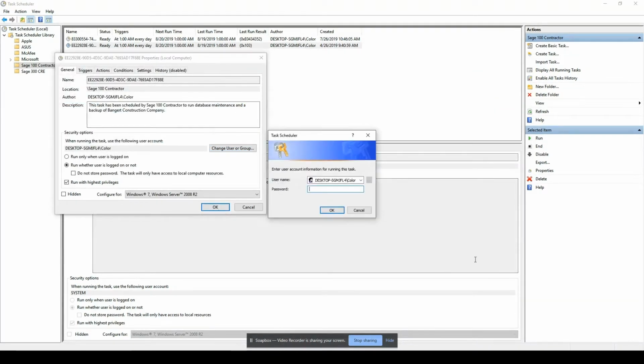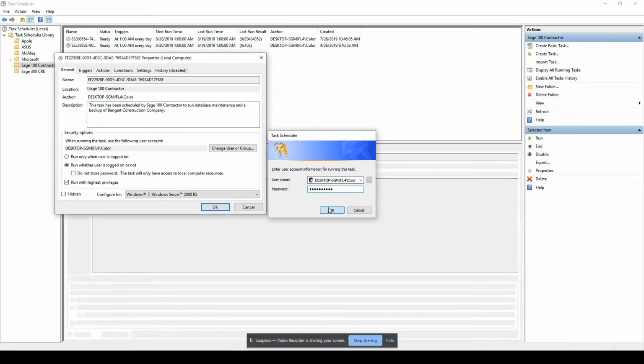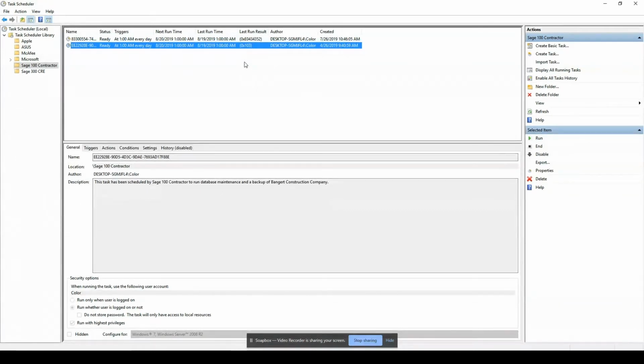Perfect. Say okay. Put in my password. Say okay. Perfect. Now, guys, I don't have to jump out of here. I want to do my testing while I'm here. I don't want to wait till the night. Well, we got the password and everything looks great, and then all of a sudden we think backups are there. Nope, wrong. So what I want to do is make sure that I can run these tasks and verify that they're running correctly.